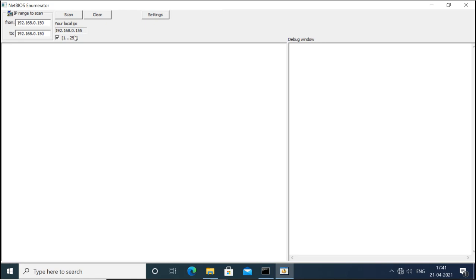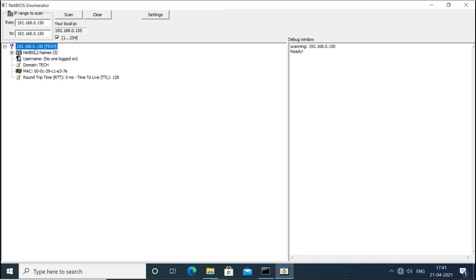This is my IP, and I will do the scan. We can do it for the whole range, or only for one host. I'm not having multiple hosts available, so I'm doing it for the single host, and it is getting this information.